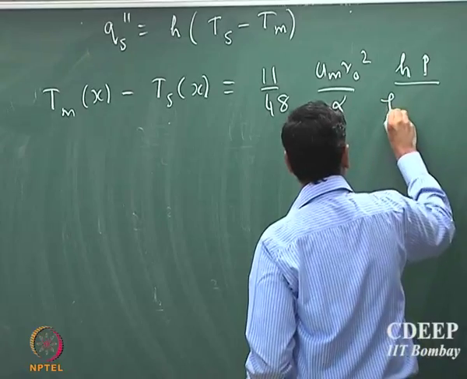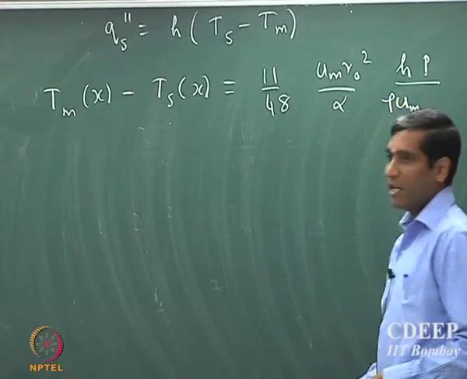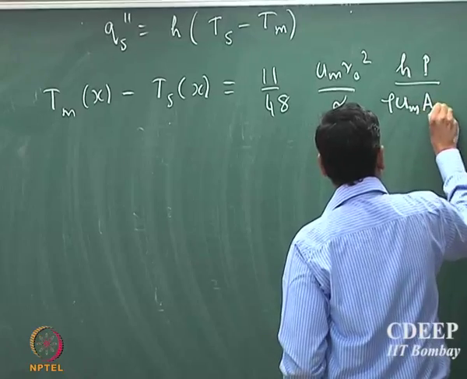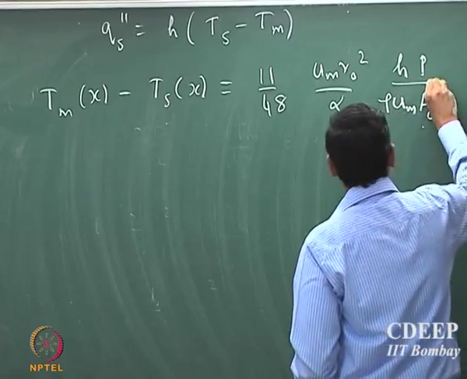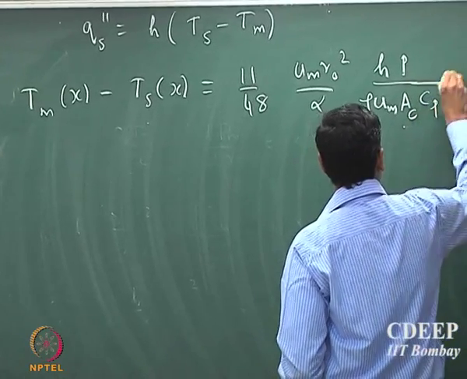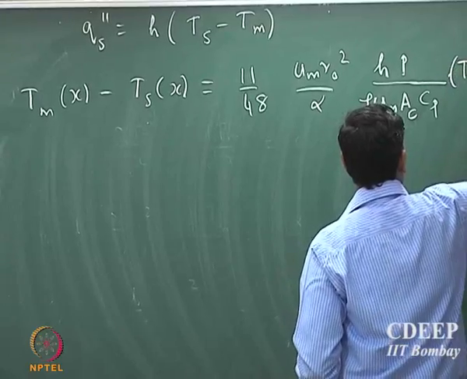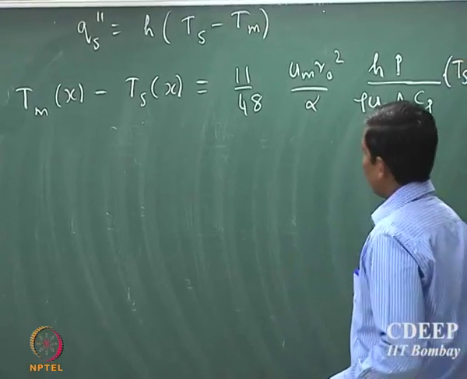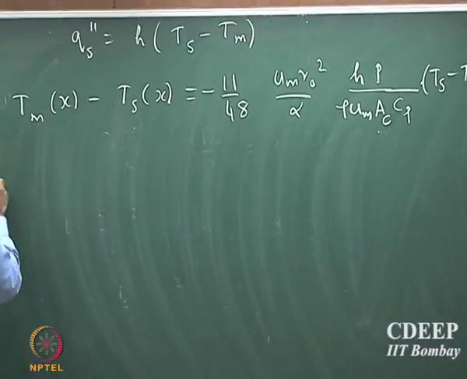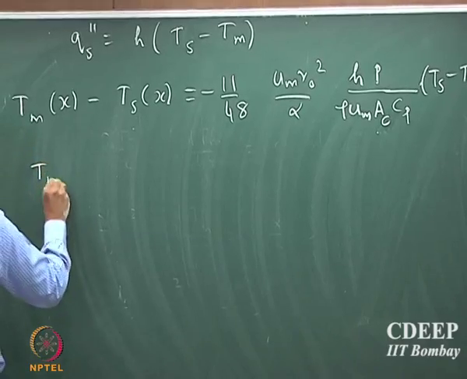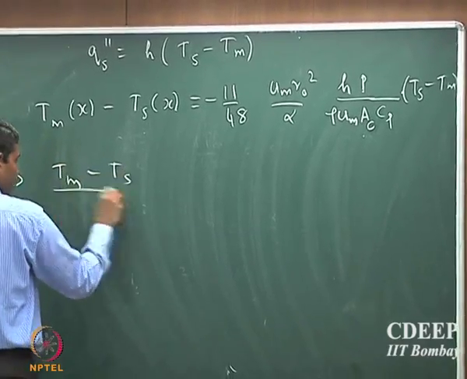It's rho into um into the cross sectional area, multiplied by Cp into Ts minus Tm. So now I can, oops, the minus sign. So that is Tm minus Ts,